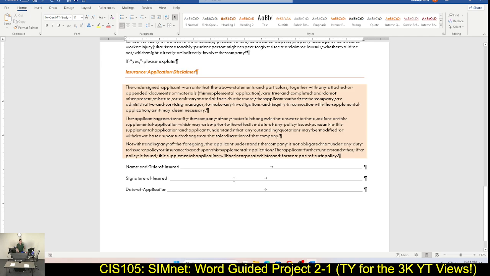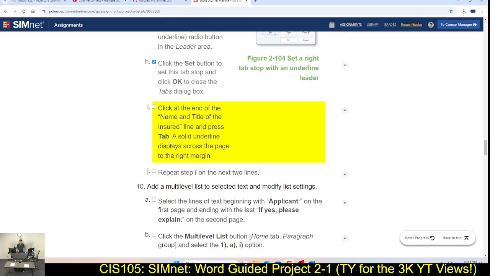Yes, I wish there was a way we could just do it all at once. But Word, I've been saying this for many years. I wish the people at Microsoft would come up with this so we don't have to push tab every single time. But guess what we're about to do, everybody, coming up in this project? All that text above insurance application disclaimer, on both pages, we're going to have to do that and hit tab after every single line. So get ready for that. All right, now that you know how to do this,